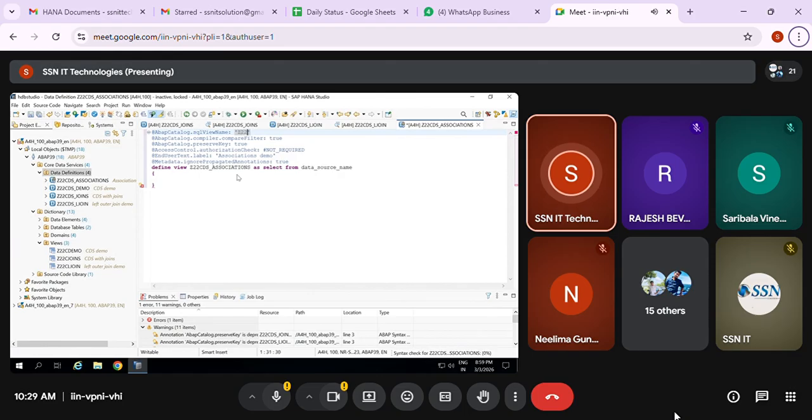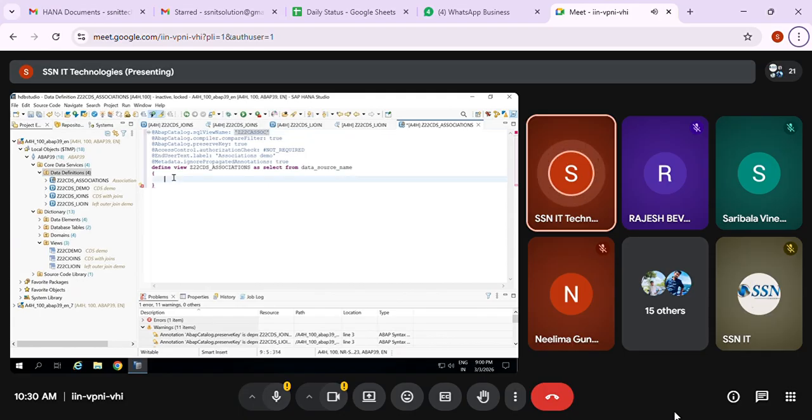You can see Z22 CDS C associations, or you can give a shortcut also.